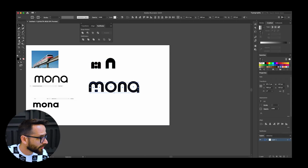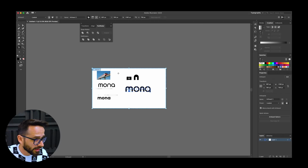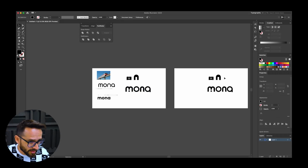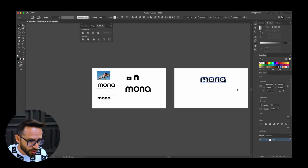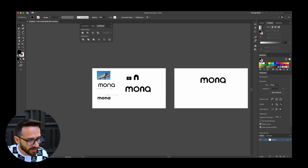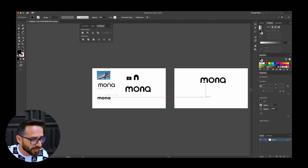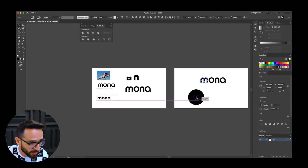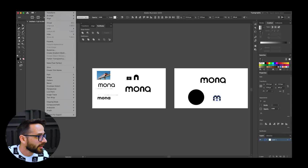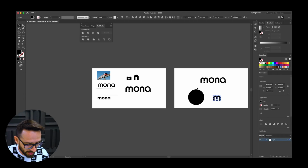Now, if I have to, I'm gonna open up another page here just so that I can say, okay, if this is my symbol. Okay, stop it, stop it. I have 2 minutes to make a mock-up. I'll do one mock-up. I'll put it on a rail, on a train, and see if it looks good. Wait a second, let's make a copy. Let's expand this. So now we have an actual shape,